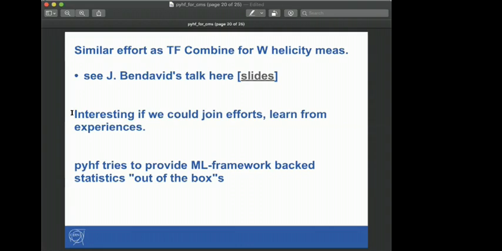And so I think it would be quite interesting if we can join efforts and learn from our experience, and maybe we can reuse some of that stuff that we're developing and not reinvent the wheel. So for example, we've done all the asymptotic implementation, and so we're happy to share that code, and maybe we can develop some common tool set. And so one thing that we're trying to do with pyhf is that we try to provide these machine learning framework backed statistics out of the box. So at pyhf,